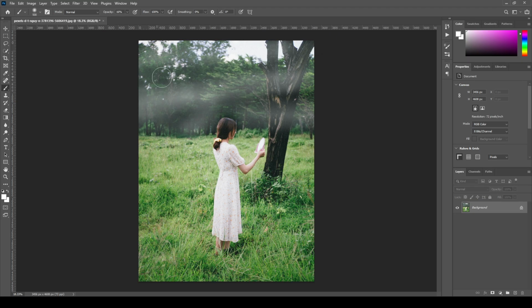And there you have it, a simple yet effective method to create realistic fog in Photoshop. Experiment with different brushes and opacities to refine your effect further. This skill can truly transform your imagery, adding mood and ambiance that will